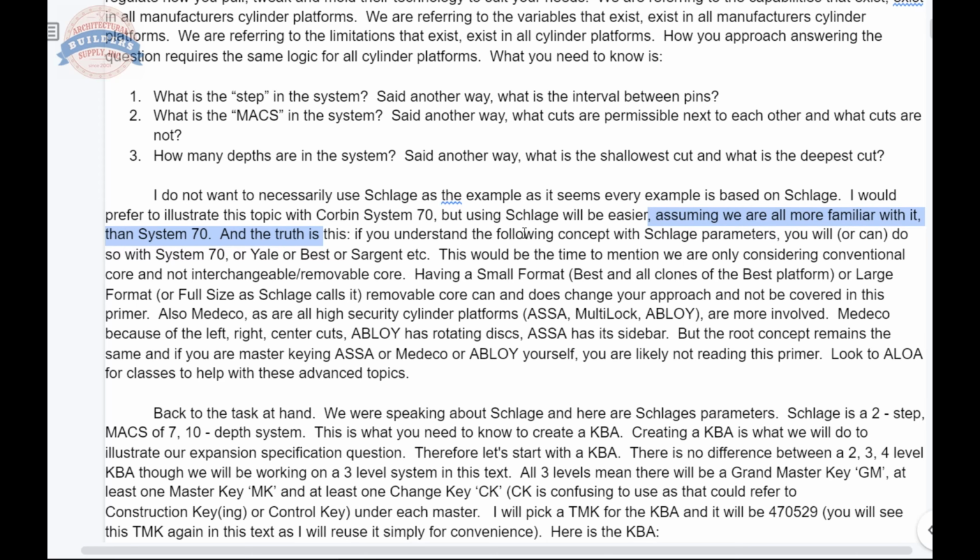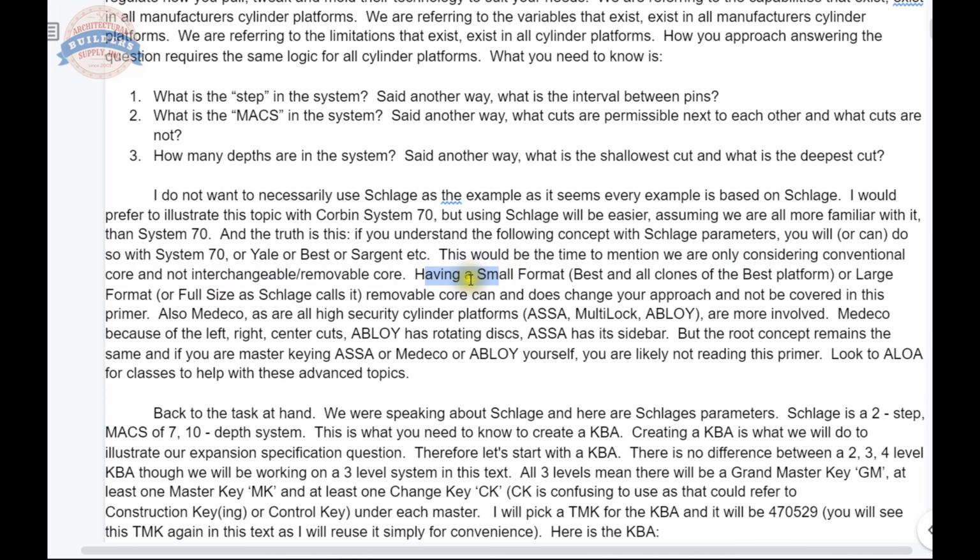Think of every manufacturer's platform as having their own tiny set of rules, but the construct into which you stick those rules is the same construct. This would be a time to mention we are only considering conventional core and not interchangeable or removable core. That stuff is the same concept, but